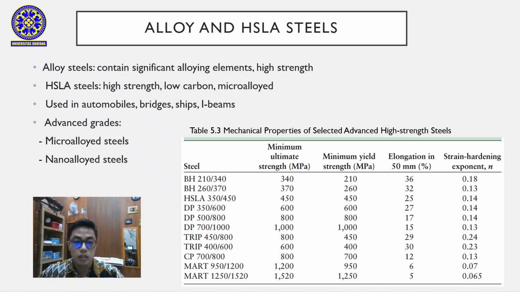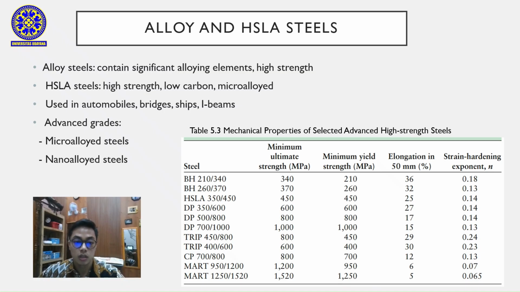Alloy steels contain higher amounts of alloying elements, giving them high strength and toughness. High strength low alloy steels, or HSLA steels, combine strength with relatively low weight. They are produced by microalloying and controlled rolling. These steels are used in automobiles, bridges, and ships. Advanced grades include microalloyed steels that save on heat treatment costs, and even nanoalloyed steel under development with extremely fine